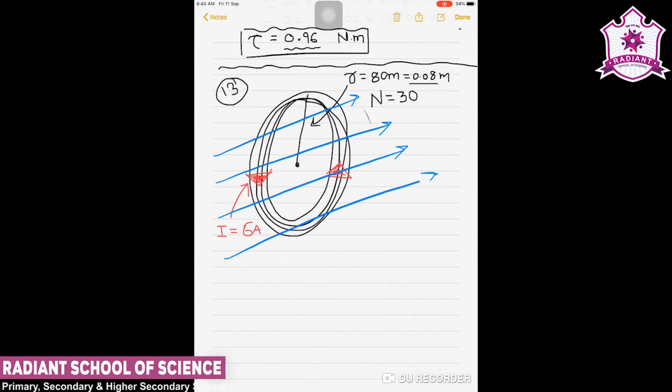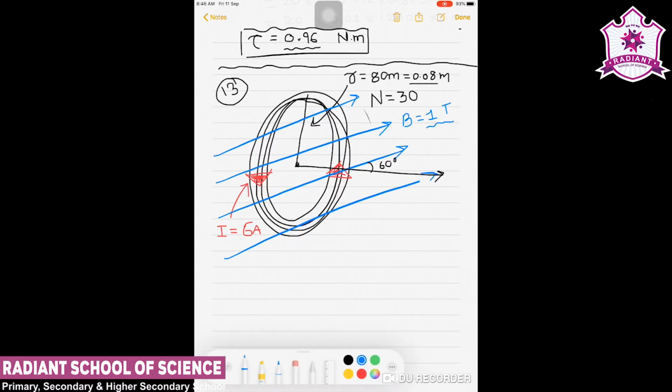So here we consider that this is the cross section area portion. Here I will consider that suppose this is the direction and here this is 60 degree that they have given. Here we are provided the value of magnetic field also. B is equal to 1 Tesla and the angle is 60 degree. So we have to calculate the magnitude of the counter torque. But first of all we have to find the torque, and that will be the same in the opposite direction.